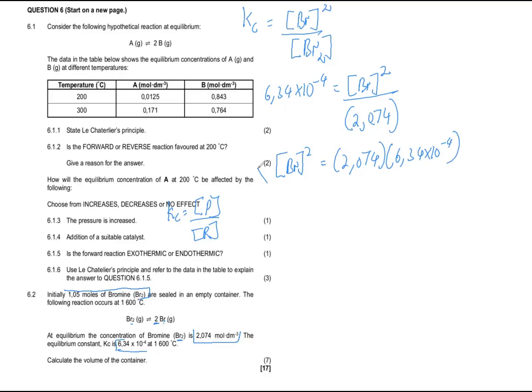And in order to get rid of this square, we need to take the square root of both sides, right? So just do your maths quickly there. And then that's your Br. So your Br is going to give us what? 0.036 26 mole per dm cubed. I'm actually going to leave it at 5 decimal places like that. Don't want to round off as yet. So yeah, then now